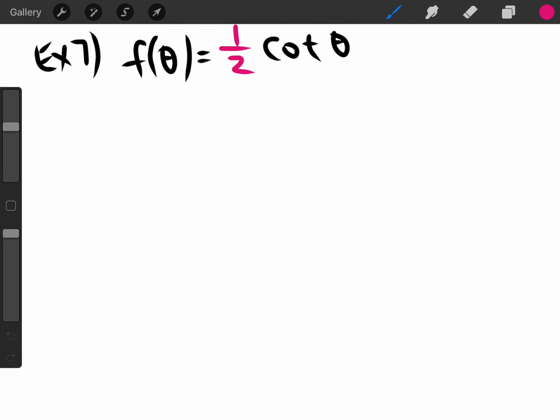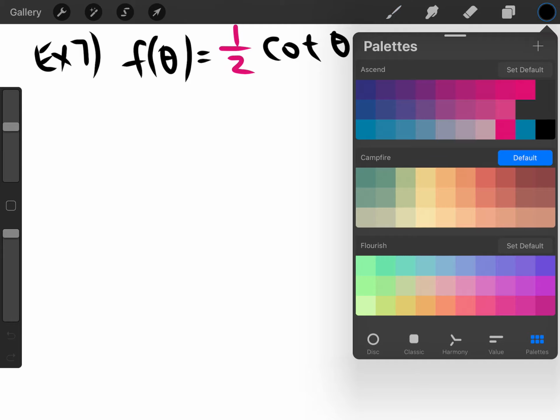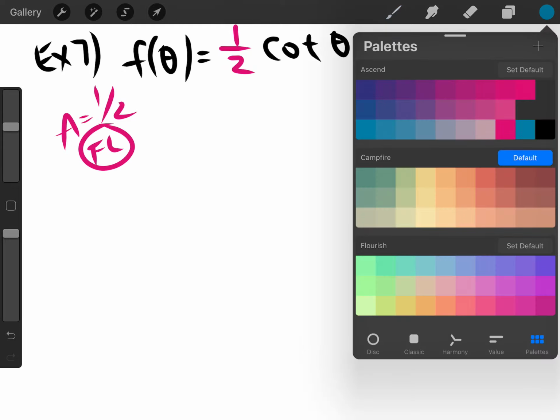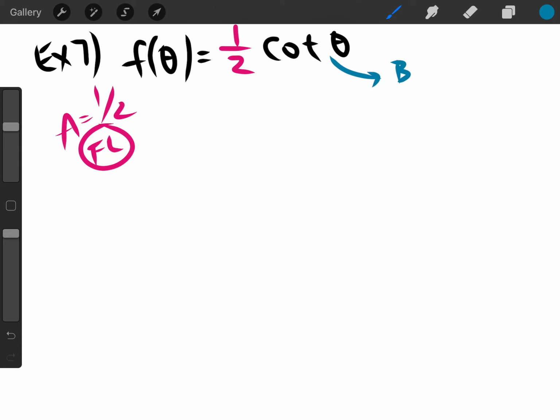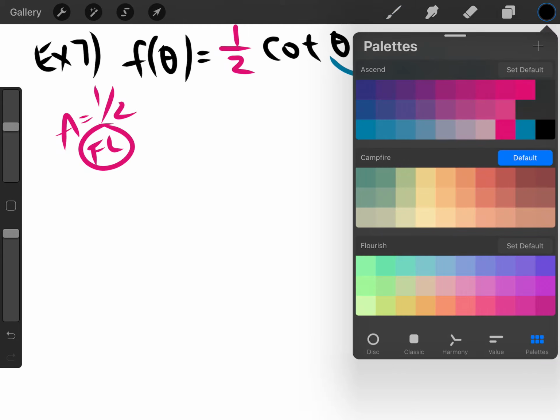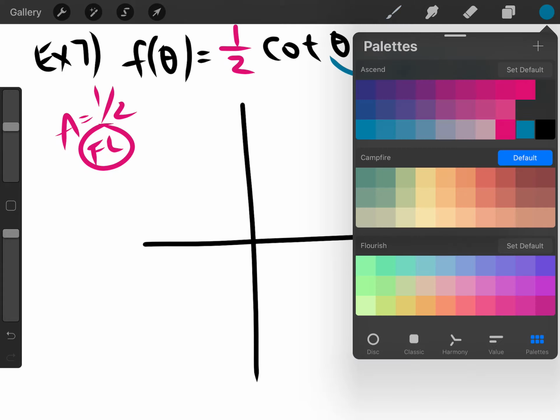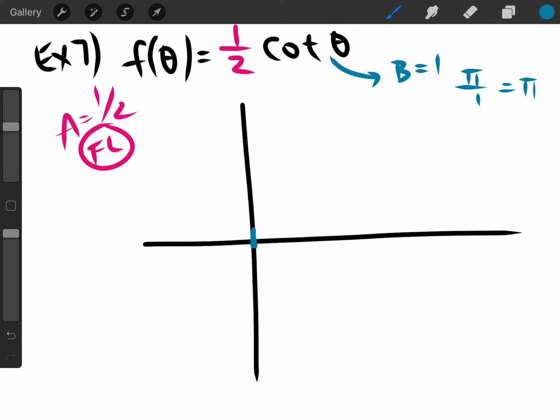Number 7. This time we got A value equals 1/2. That means it's going to be flatter. No change on the B value. So B equals 1, so pi over 1, it's just going to be pi. Okay, so the period is going to be 1 pi. So it's going to be between 0 and pi, and let me mark the halfway point. Okay, so